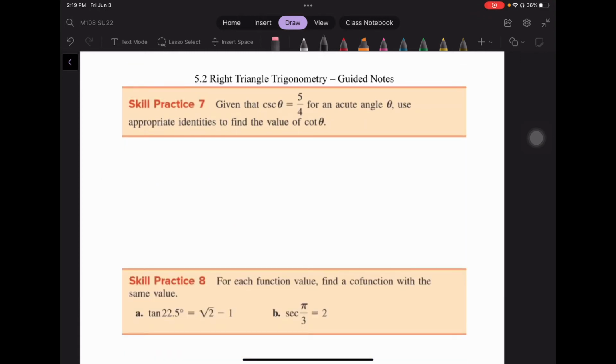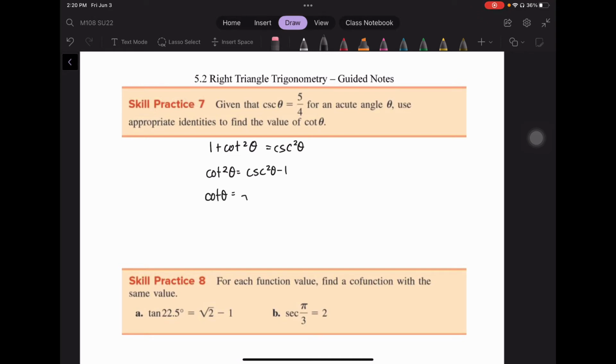Skill practice 7 gives us cosecant theta for an acute angle, and I want to find cotangent theta. I don't really want to use reciprocal identities for that. I want to use the Pythagorean identity, and the Pythagorean identity that relates the two of these is that 1 plus cotangent squared of theta is equal to cosecant squared of theta. This means that the cotangent squared of theta is equal to cosecant squared of theta minus 1,